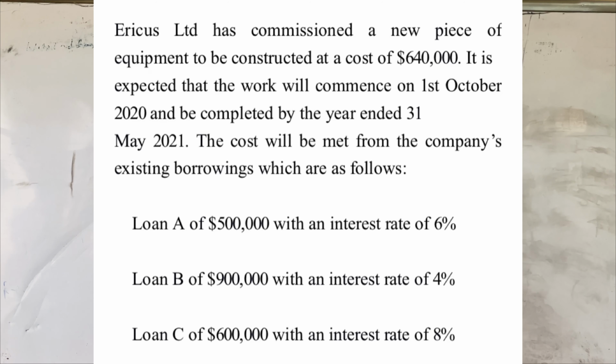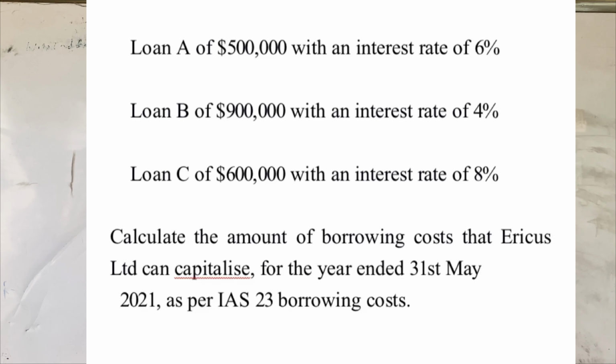Loan A of $500,000 with an interest rate of 6%. Loan B of $900,000 with an interest rate of 4%. Loan C of $600,000 with an interest rate of 8%. Calculate the amount of borrowing costs that Ericus Limited can capitalize for the year ended 31st May 2021 as per